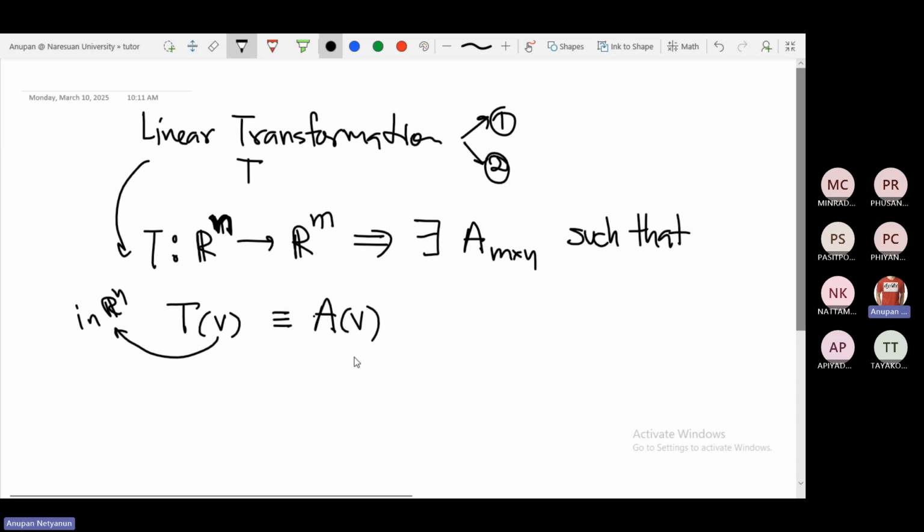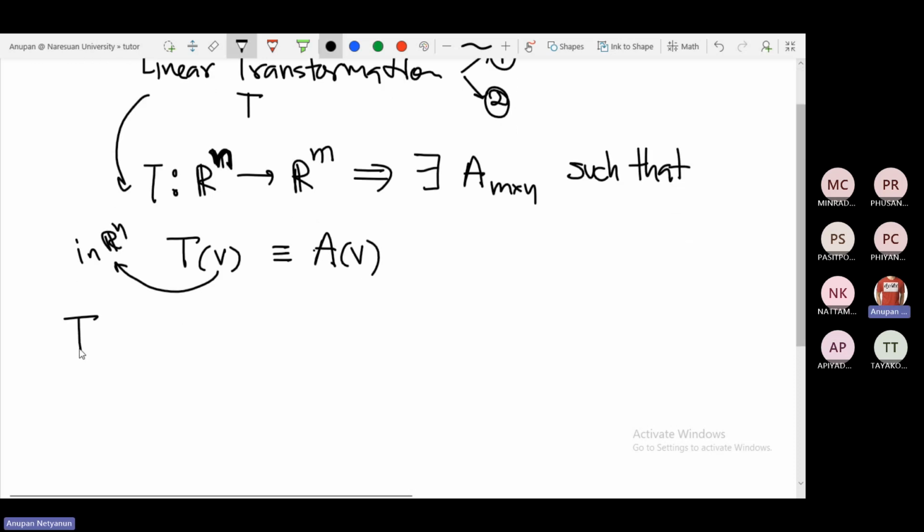ก็คือถ้ามันเป็น linear transformation จาก Rn ไป Rm นะครับเราจะมี matrix เกิดขึ้นเนาะ ซึ่งทำไมครับ ถ้าเอา linear transformation ตัวเนี้ยไปกระทำกับ V ก็เหมือนกับการเอา matrix A ที่เกิดขึ้นตัวเนี้ยไปคูณกับ V นะครับ โอเคเนาะ